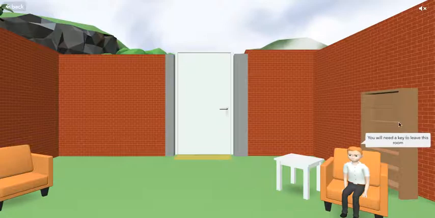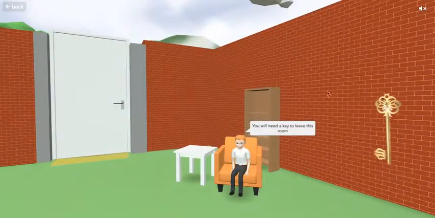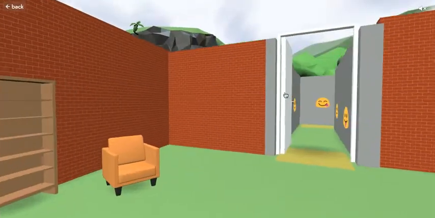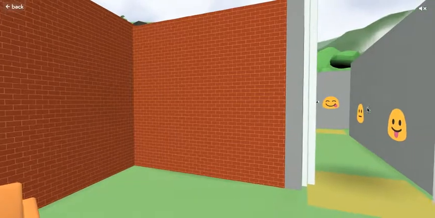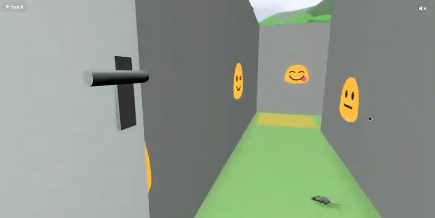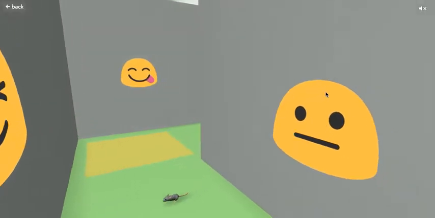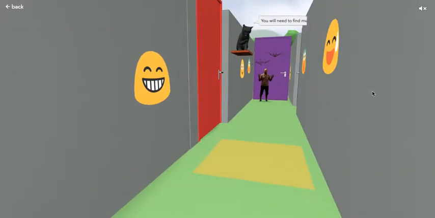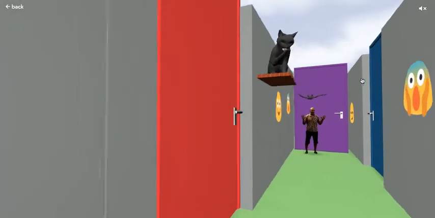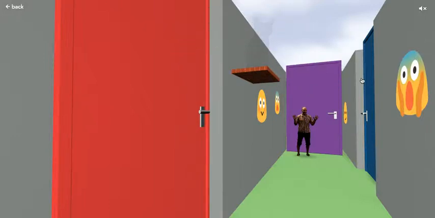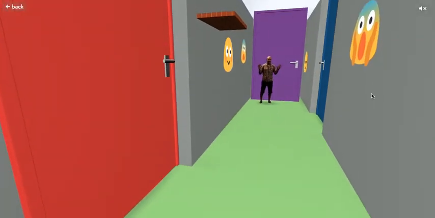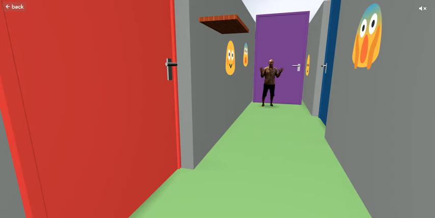Okay, so let's just grab my key, walk through my door. We should have the mice coming across the bottom there, coming around the corner here. The bat should fly at me. And let's look up our cat, and there it goes. Okay, pretty cool. All right, hope you find that useful for your